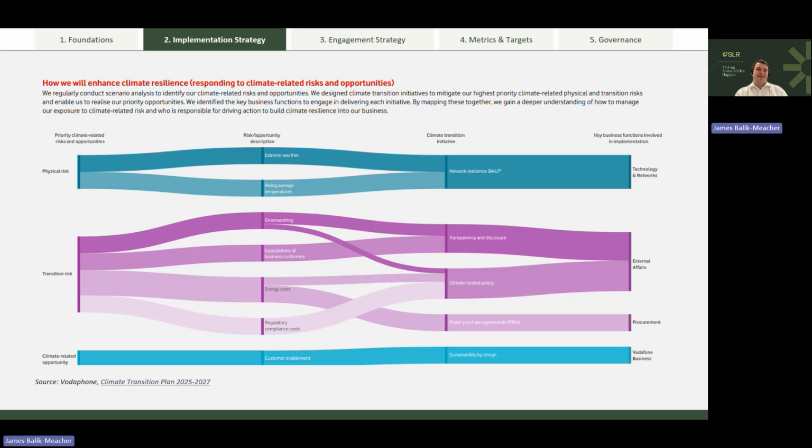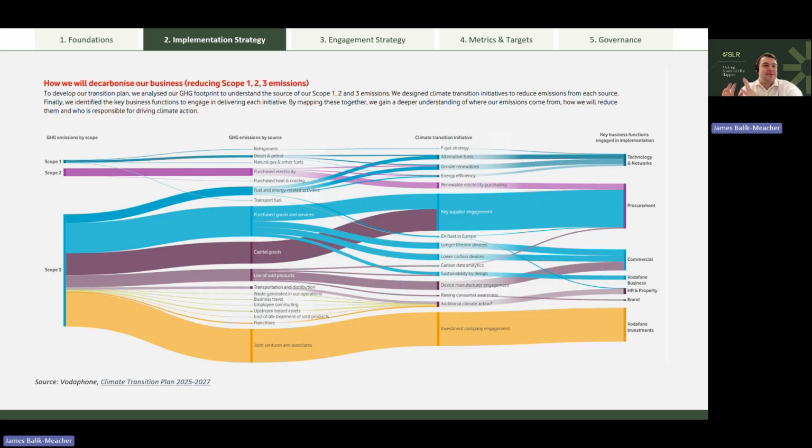There's a couple of things I like about this. You probably need to squint to read that screenshot. But I think one thing they do really well is map out responsibilities within the organization. So they map out what their risks are, where they sit within the plan, what they're doing about them, but then ultimately who has responsibility for that at the end. And then within that, what those different teams within the organization are actually doing. This is for their climate-related risks.